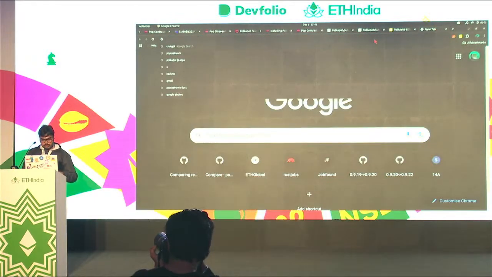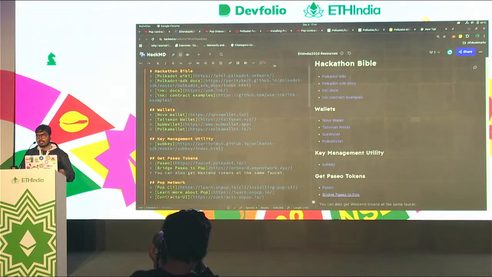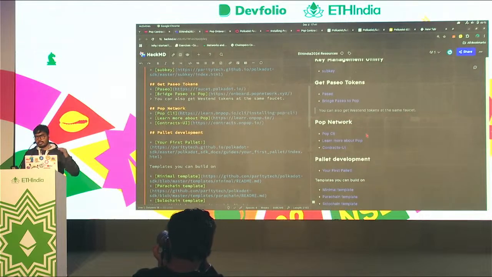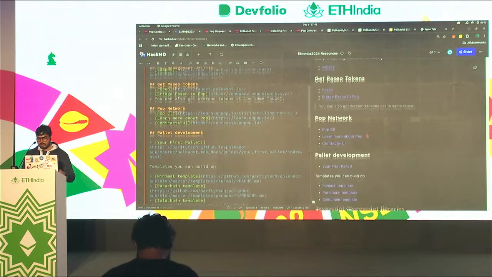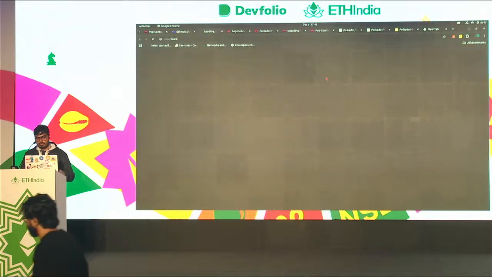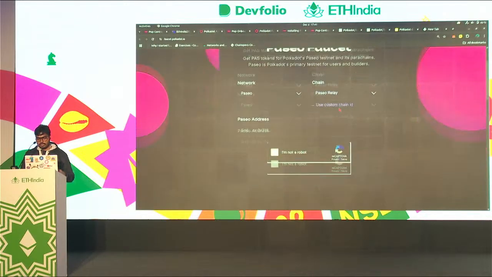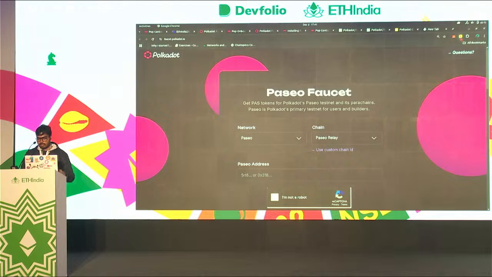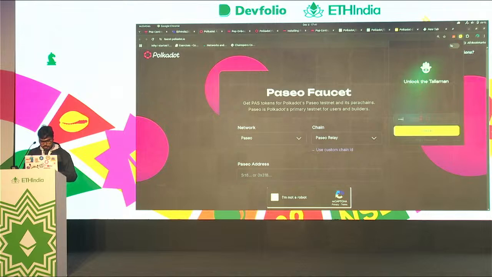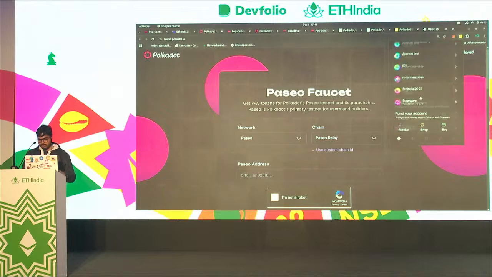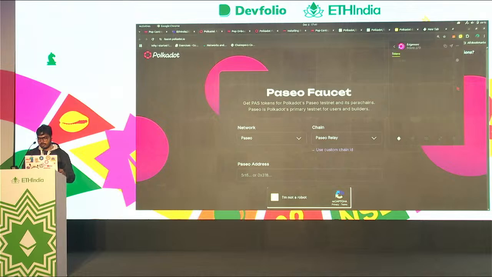If I go to, there is this hackathon Bible that we have shared with you guys, and the hackathon Bible is a more refined version of this. There are links provided on how you can acquire those tokens. This is the Talisman wallet I'm using. Just a minute. Okay, so you can create an account here, copy your address, and it can be any address